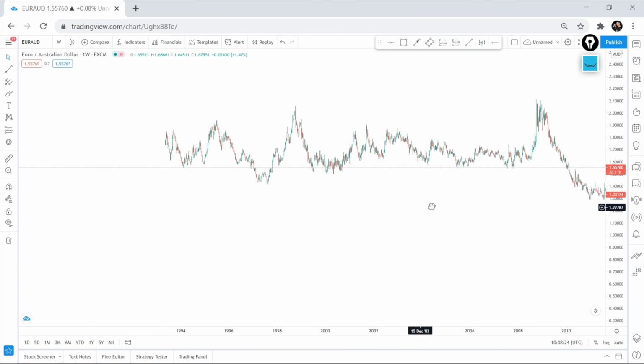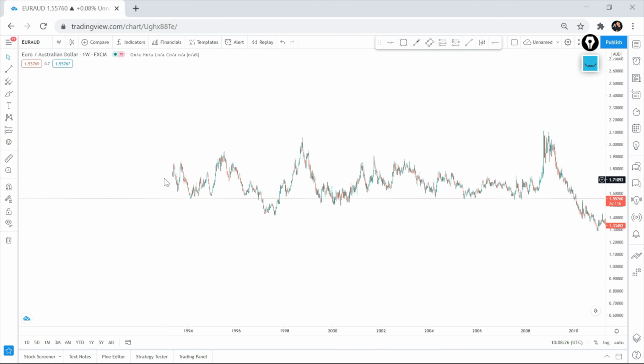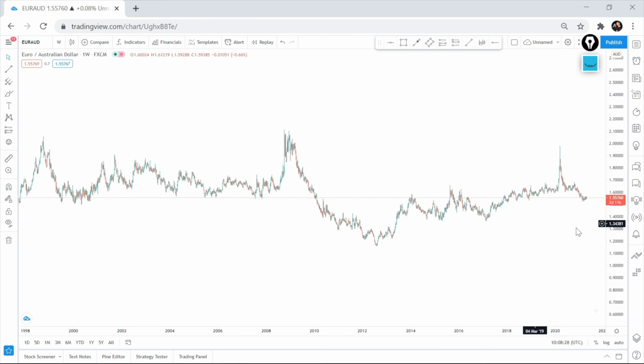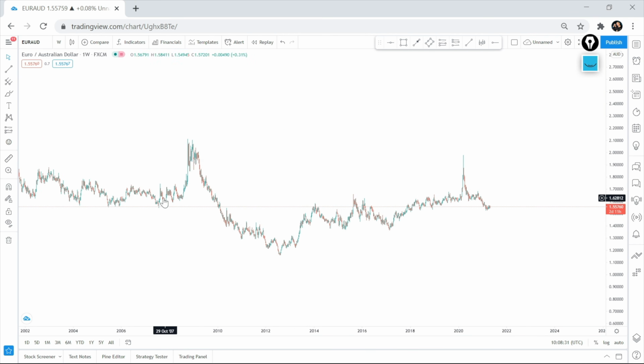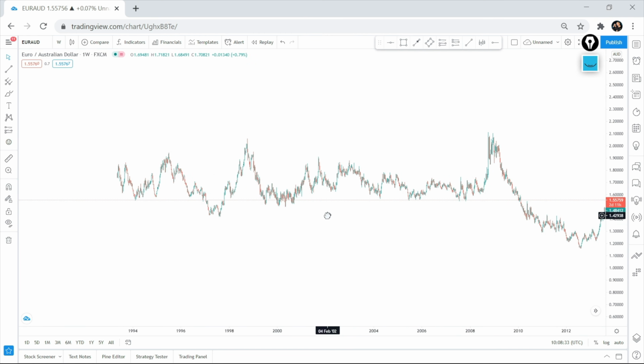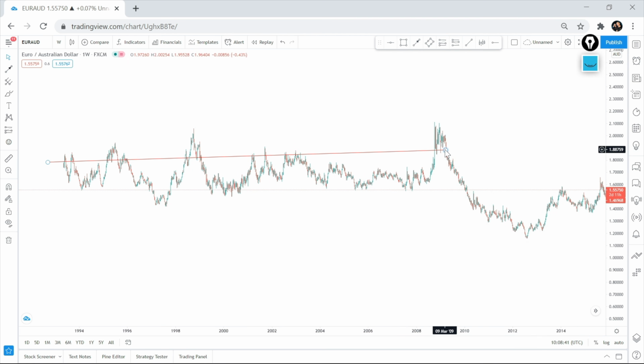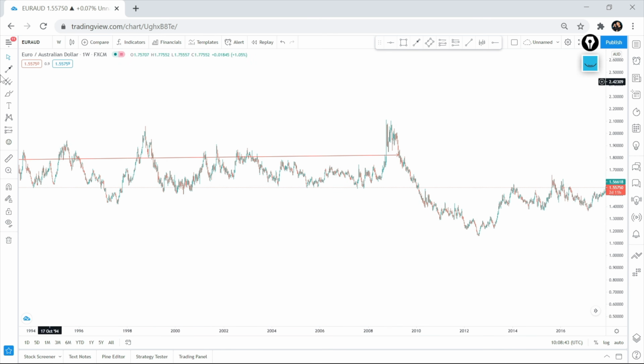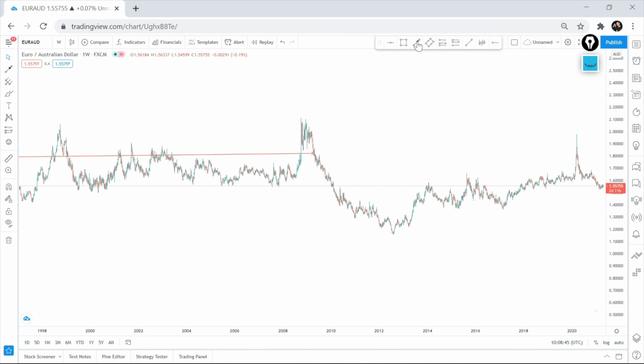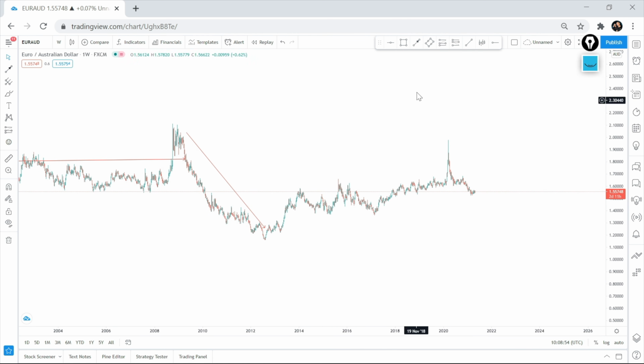As a trader, guys, I did say that it's important for you to look at your historical movement in order to know your current and future movement. For instance, right now we are in some sort of a straight motion. You see right here, the market was just going straight. The market was consolidating, and then from this point the market has been going towards the downside, and lastly we are seeing a slight bullish